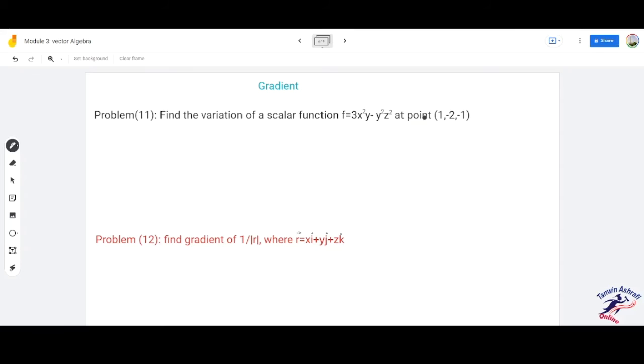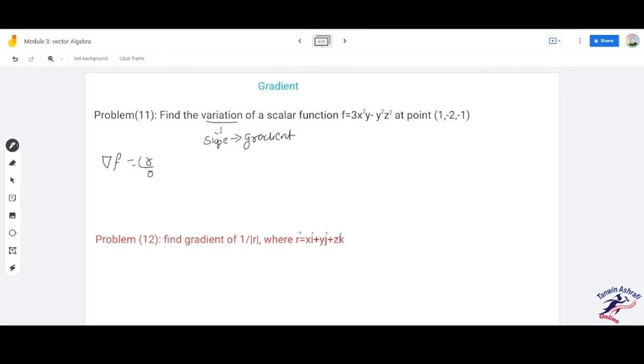So we will find the variation. Now variation means changes, that means slope. In a scalar, for the scalar function especially, that means gradient. So indirectly the problem is trying to tell us to find the gradient of f. Now gradient of f means